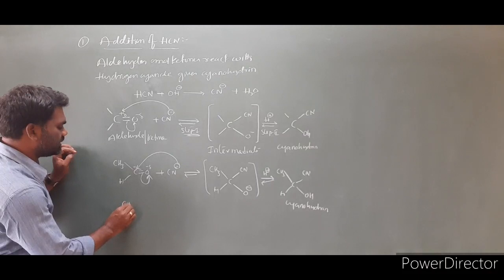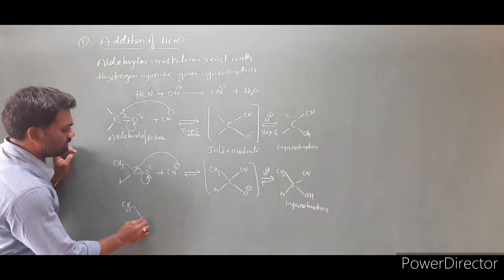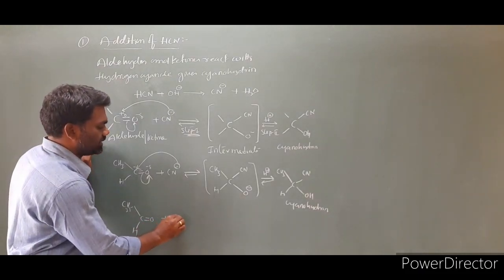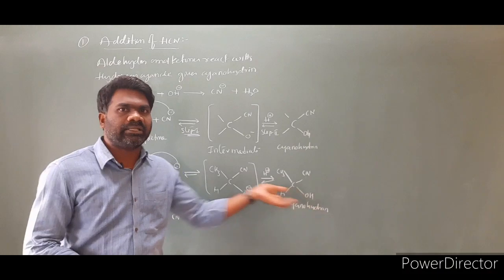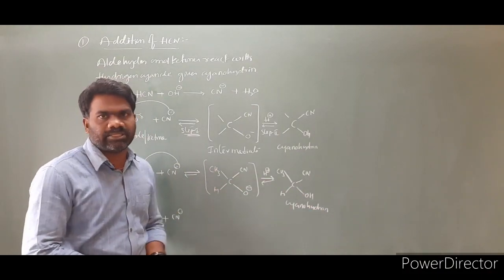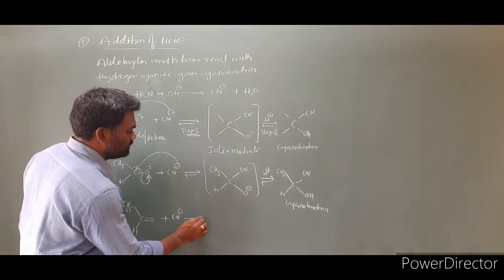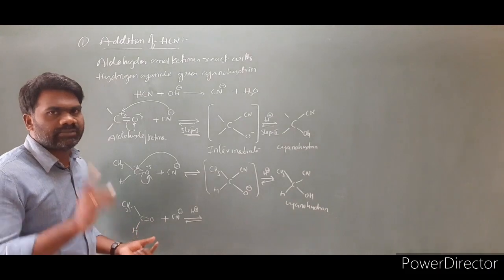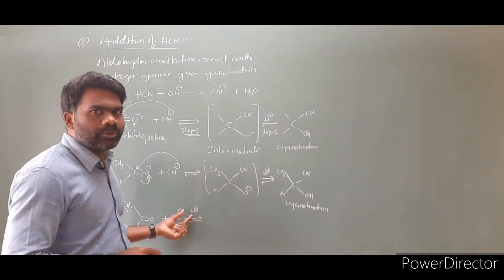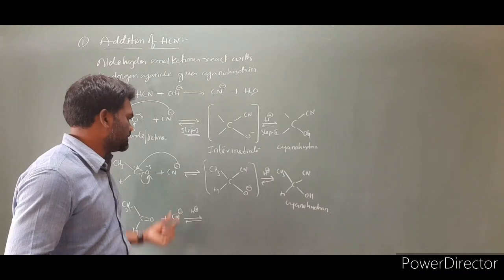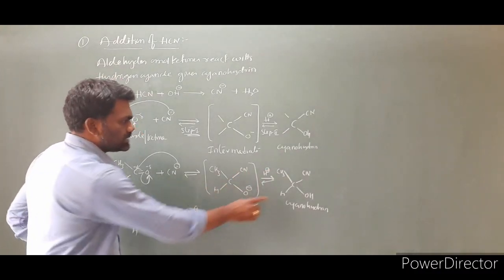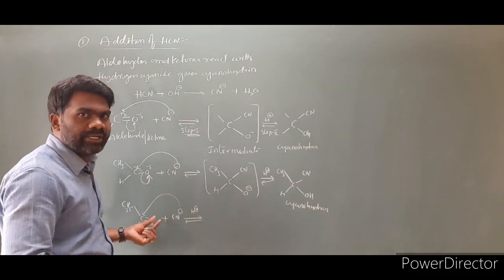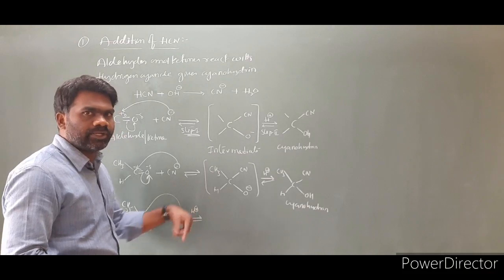Take one more example of an aldehyde. I am taking C2H5, C double bond OH. This is also an aldehyde, plus CN minus. Instead of writing all the steps, we will do this reaction in a single step, with H plus. First the attack of CN minus is the first step, and capturing the proton is the second step. Then the product we can write directly. This CN minus attacks this carbon, this is polarized towards here. This will be negative charge. This negative charge takes this proton, converting into cyanohydrin.